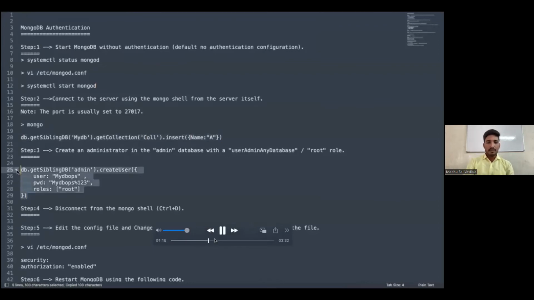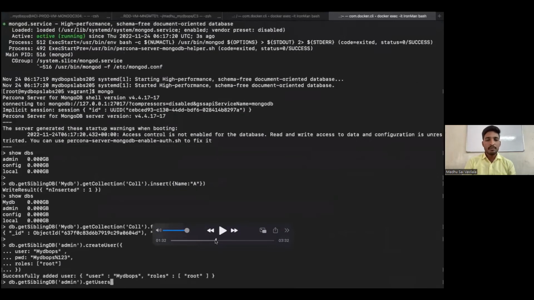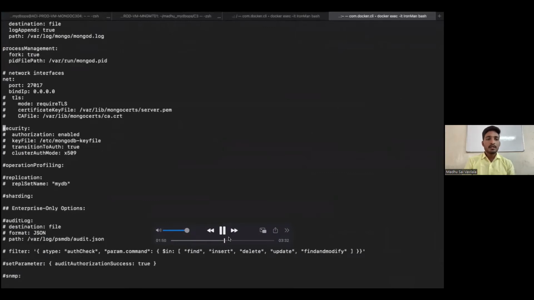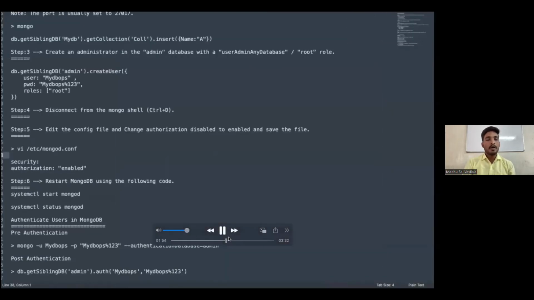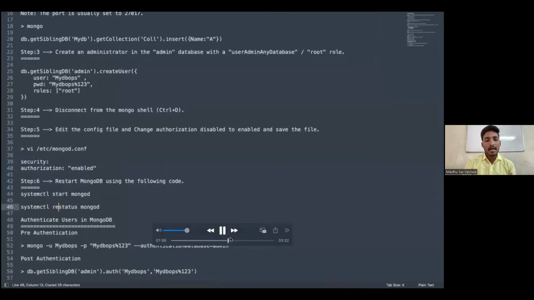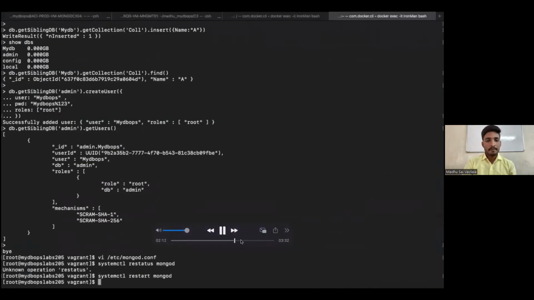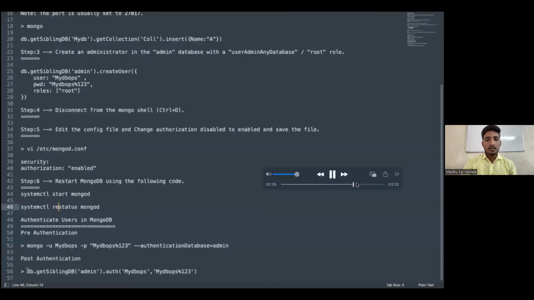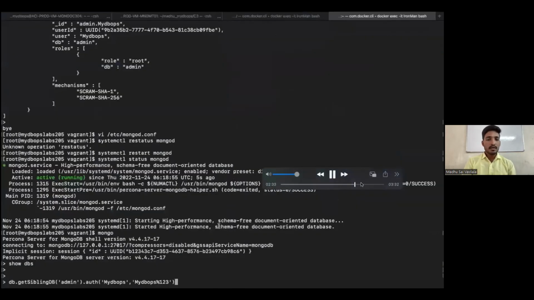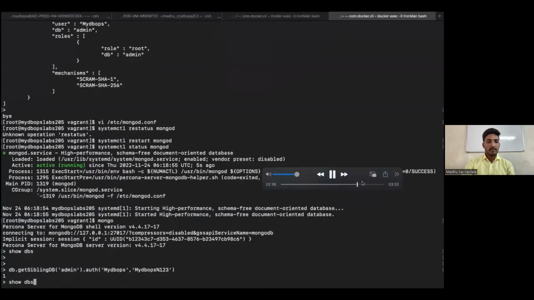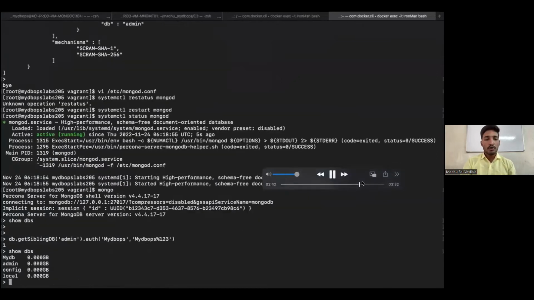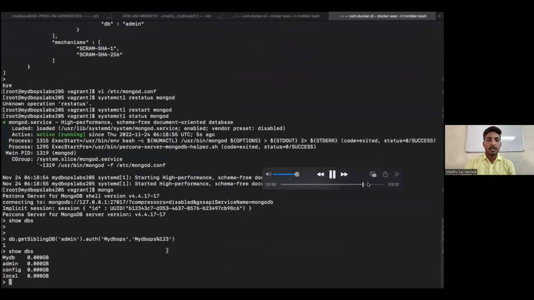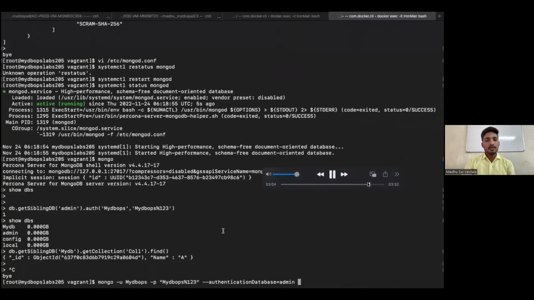I am entering some random data in the database for testing purposes. After creating the user, enable the authentication option in MongoDB, and later restart MongoDB. There are two methods to authenticate to MongoDB, as I said previously. After connecting to MongoDB, we can use the db.auth function. While connecting to MongoDB, we can use the command line flags.